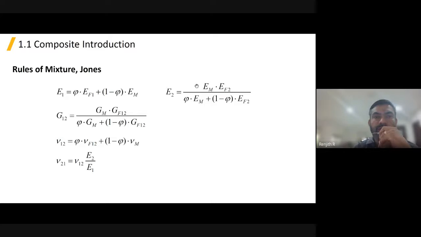Similarly, from this equation we can calculate the Young's modulus in the second direction, and the shear modulus we can also calculate with this equation. This is also a mixture of volume fraction and the shear modulus of matrix and fibers. So this is to calculate the shear modulus, and this is to calculate the Poisson's ratio, Poisson's ratio in the 1-2 plane and 2-1 plane. And if we consider the constituents as isotropic materials, most of the time Poisson's ratio 1-2 is equal to Poisson's ratio 2-1. Both the Poisson's ratios will be taken as the same when we do our finite element analysis.